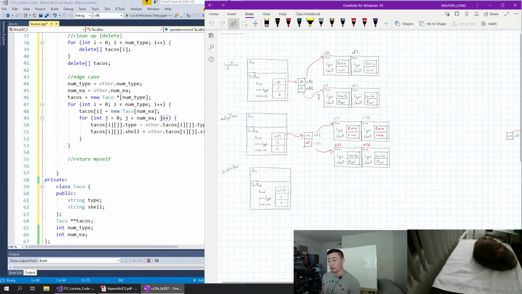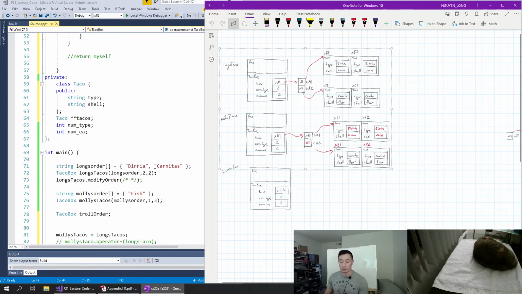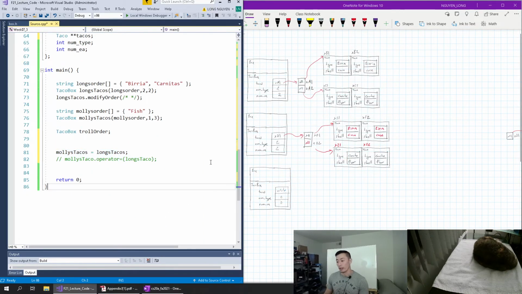Boom. And now, if we take a look at the image of these two, they look exactly alike. So long has this, Molly has the same order of tacos or taco boxes long does, and this is what you want to look at, right? This is what you want to see by way of just having Molly resemble long, which is what this line of code is attempting to do, right? And so that is to say,